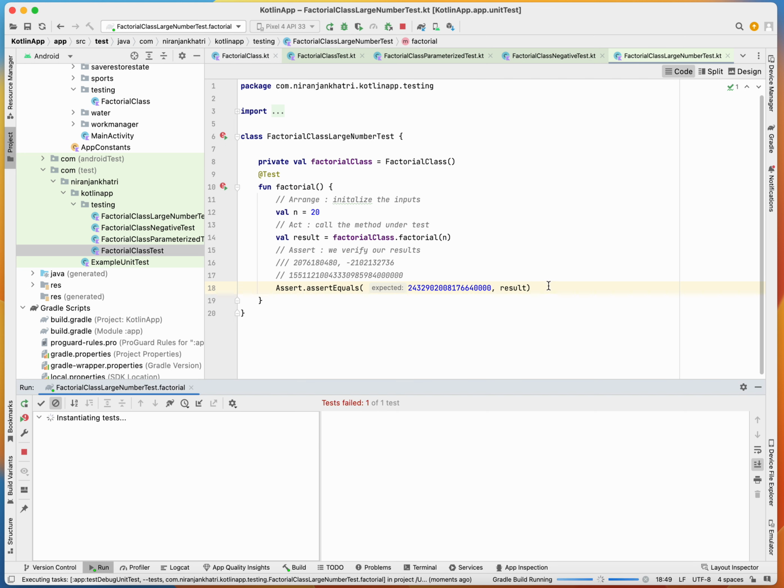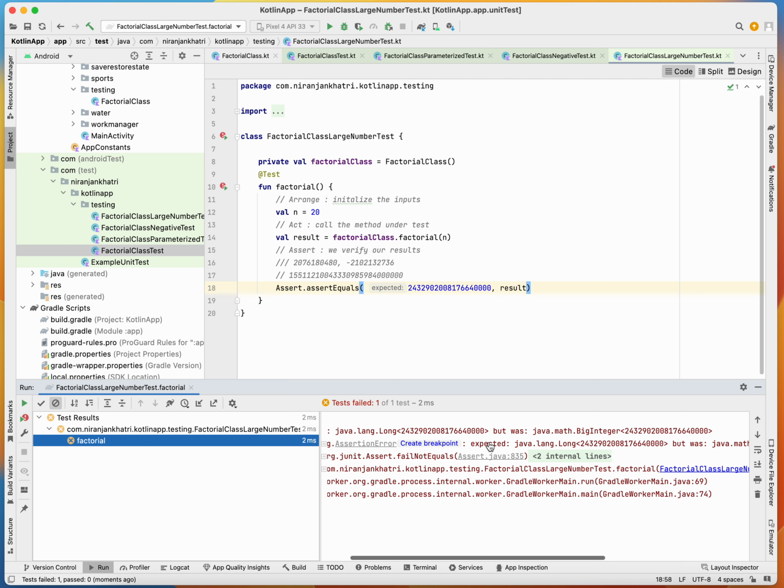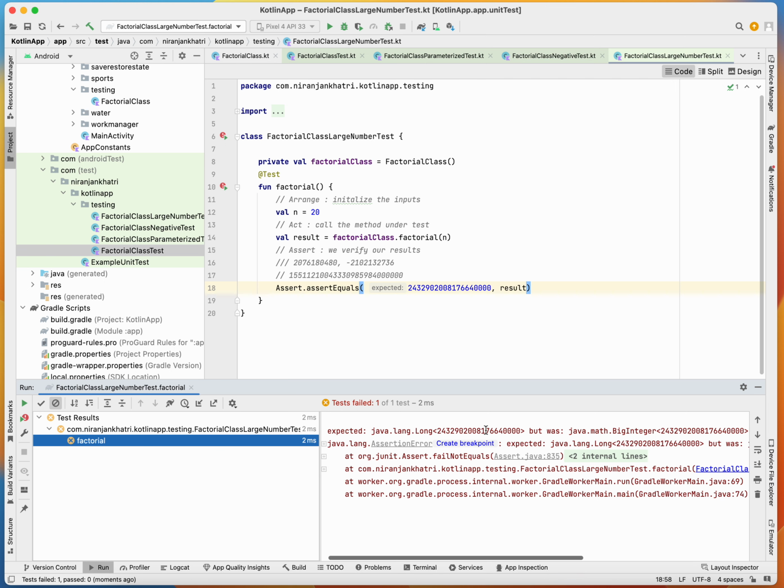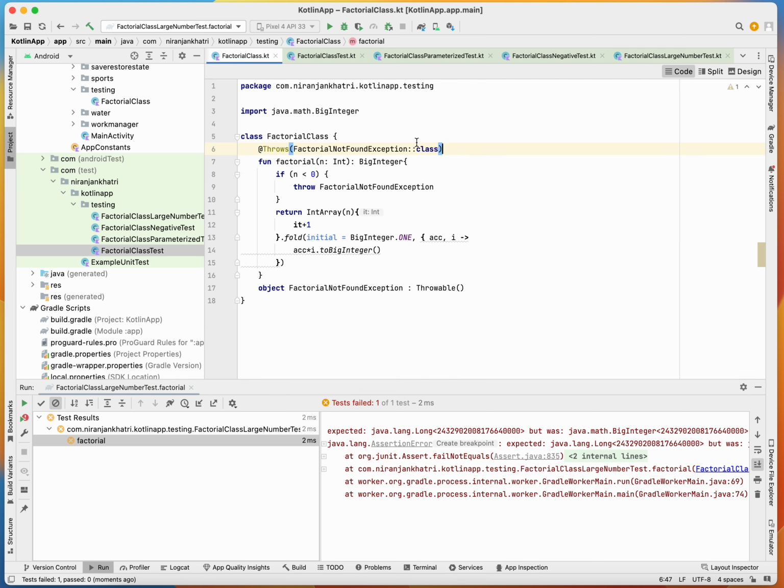And now, big integer. So we have a, yes, because I have a mistake here. Because okay, it's returning a big integer. It is, factor is int, and